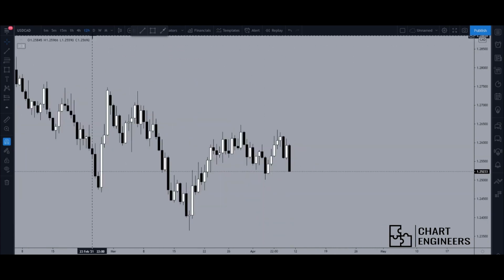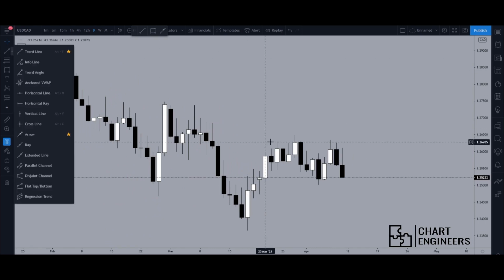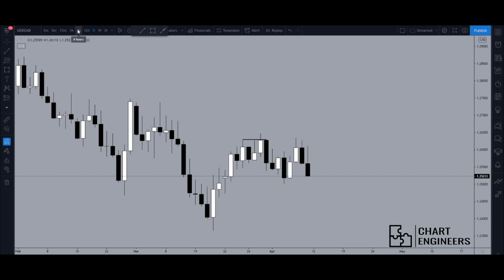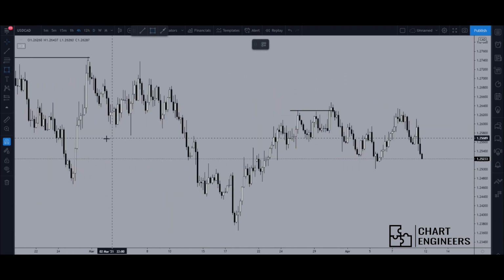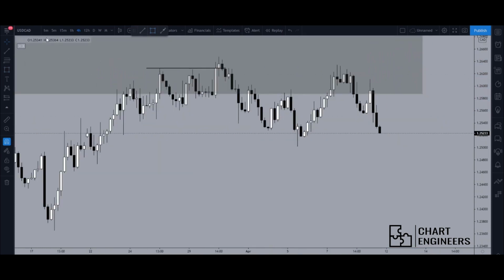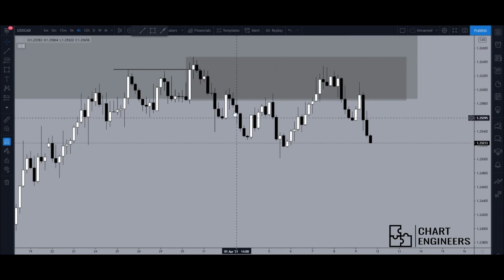So last week was the 5th, we did have this daily sweep above, and then if I go to the 4 hour, actually we did have this sweep up here, and then on the 4 hour we have our breaker zone here, and then we have another 4 hour breaker zone right here. So I'll mark that out, and you see downtrend, and then the market comes up, we swept this high, and